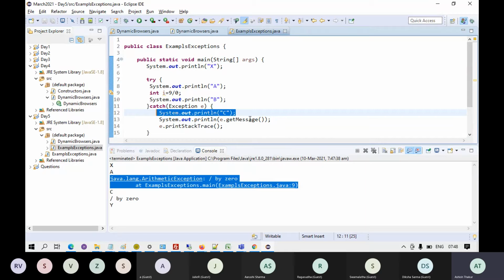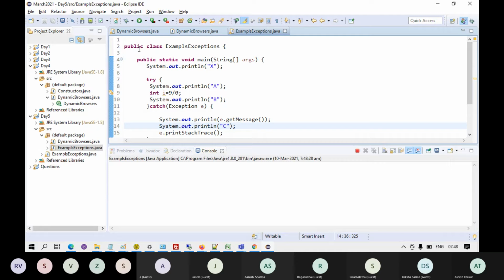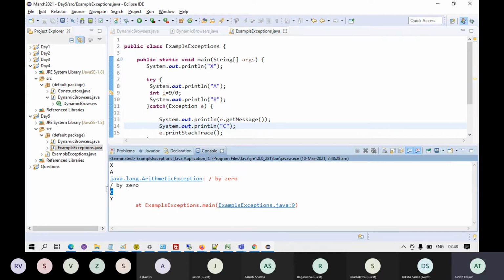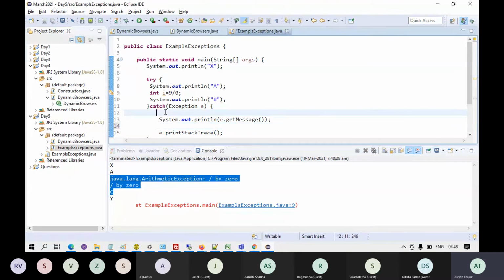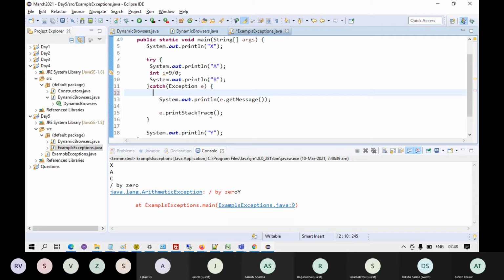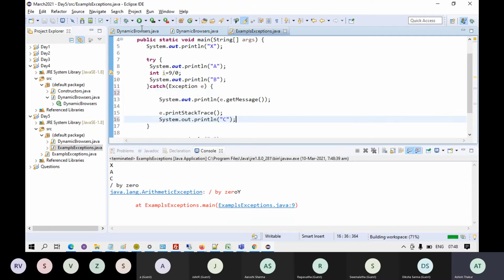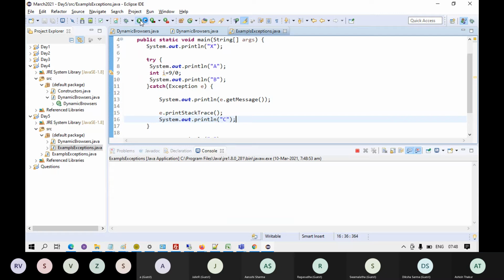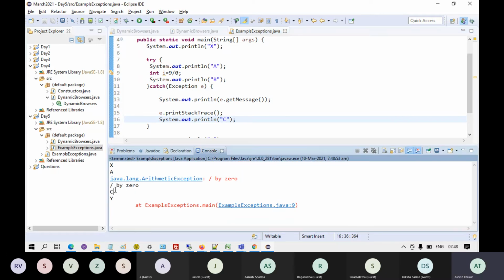If I write C after this, it still prints before C. If I write C over here, after this, it's printing somewhere over here.